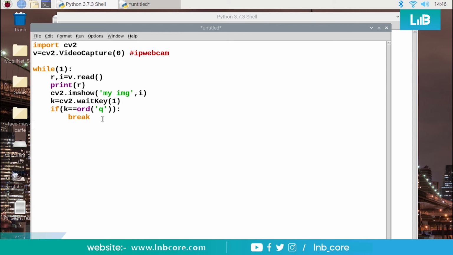It will come out of this while loop, and everything that was opened, like this window which was opened already, will be destroyed. Destroy all windows, right?